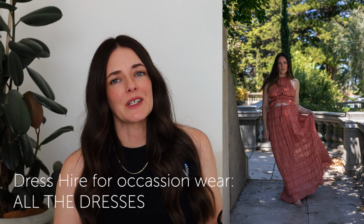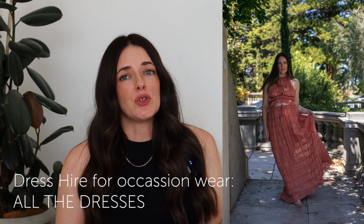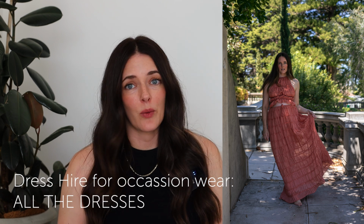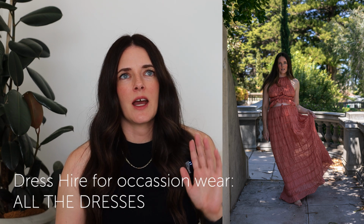I found that really, really helpful. So if you want to wear something once for a wedding or a special occasion, and you don't want to buy something new while you're pregnant that you're probably only going to wear once, maybe twice, that is such a great way to do it. So highly recommend All the Dresses, and I'll put some examples here of some of the dresses I wore that